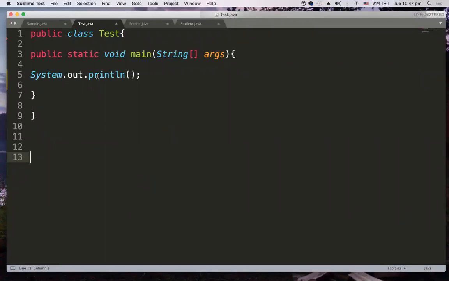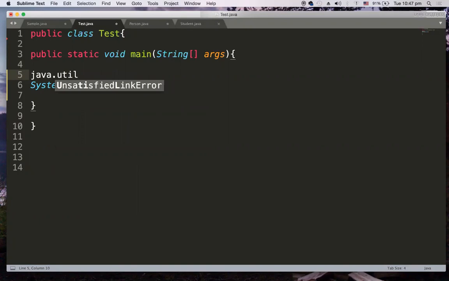In order to do that, we have a Date class available in the util package. The fully qualified name of this class is java.util.Date, and I want to print today's date.